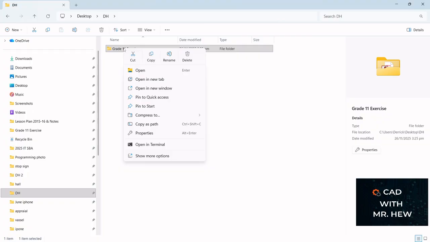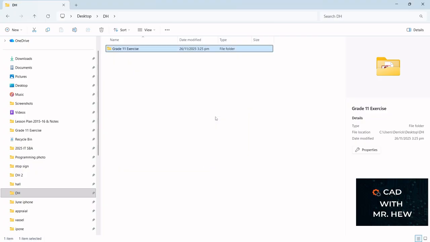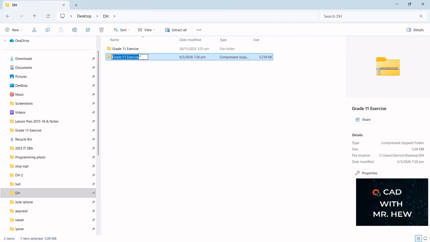button on my mouse, and I'm going to come down and I'm going to select compress to, and I'm going to come across and I'm going to click zip file, and I click on it, and here now this is a zip folder, so I can call this my zip folder,